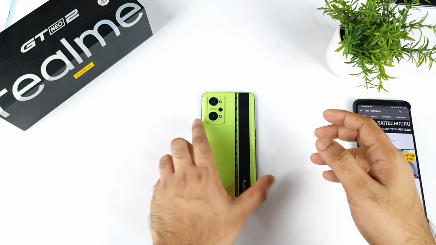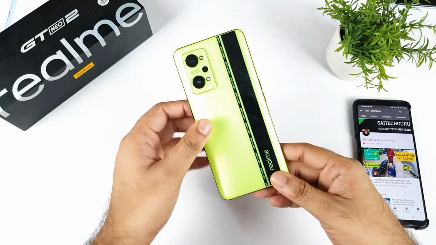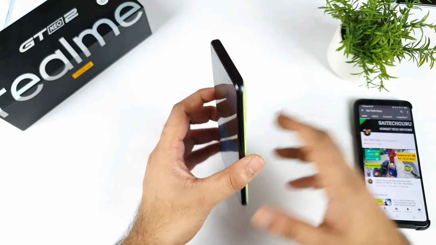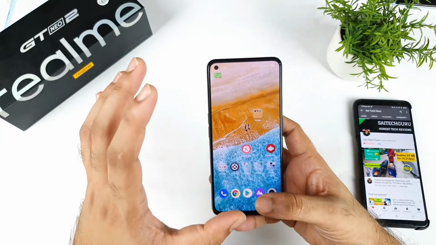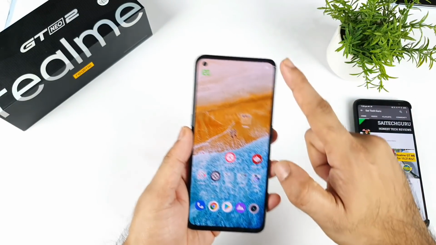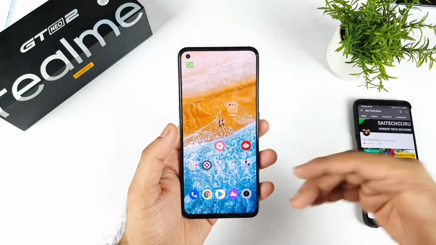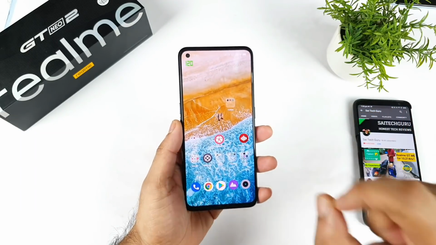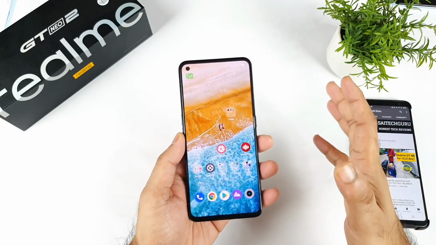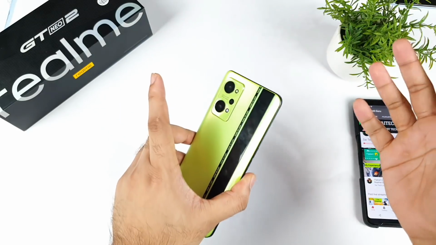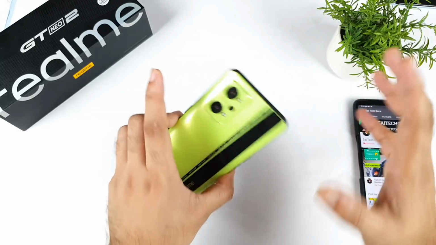In this video I'm going to talk about the top 5 disadvantages of the Realme GT Neo 2 device. This is a question requested by a few of my subscribers asking me to make a video. The main reason is that right now, in the Flipkart festival sale which is going on, the phone is available at a discount and a lot of users are planning to buy it, but they want to know the disadvantages, because online everywhere you can only find the advantages, and only a few people post the disadvantages.